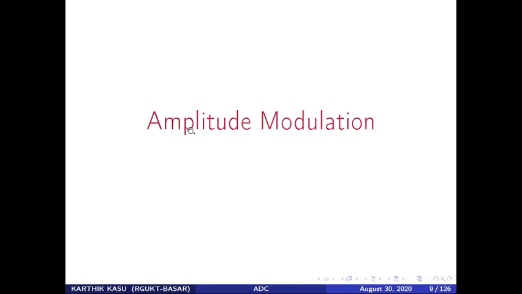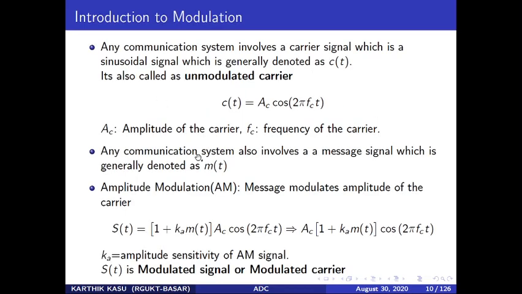Now we will study a special kind of modulation known as amplitude modulation. To carry out amplitude modulation, for that matter any modulation, we need something called a carrier. What is a carrier? It is a signal which carries your information, or your message. Generally, the carrier will be a sinusoidal signal.